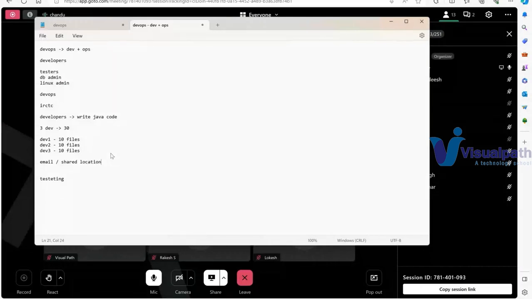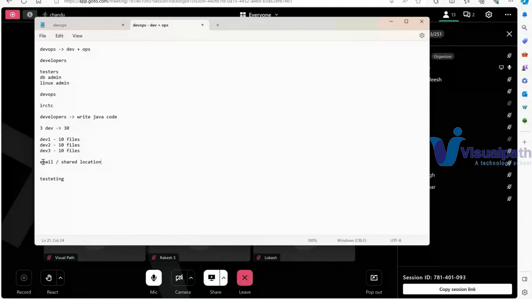I will ask my developer to send the files through email or to the shared location so that the testing team can take the files from there. But for classroom purposes, we are talking about three developers. In real time, suppose we have some 50 developers, can you ask them on a very frequent basis to send the files or put the files in the shared location? No, we can't ask like that. And suppose you placed them in the shared location,